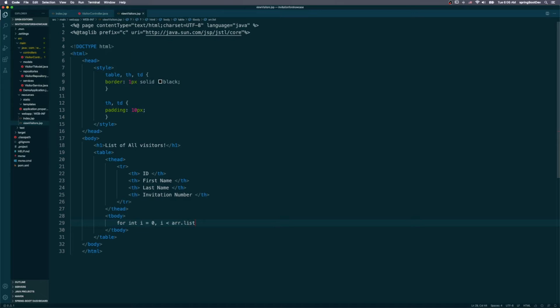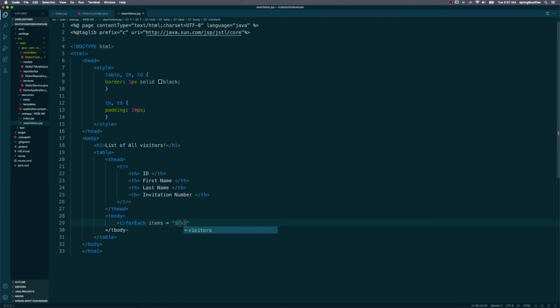So we have to do a for loop so we can get all the data, because in the controller we're getting back a list, an array list. So in order to show all the data from it, we have to do a for loop, and that for loop for JSP tag is forEach, and we say items. You see items, and this is the Java code that goes inside this,